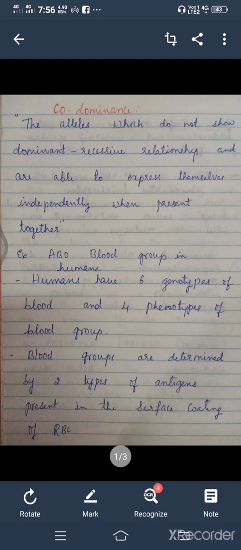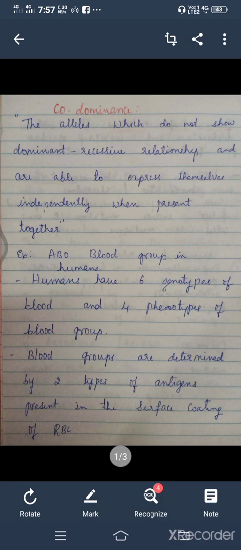Hello students, welcome back to the next part of genetics, that is codominance. In the last class we studied incomplete dominance, which had some deviation from Mendel's law. It was not following the exact rule of Mendel's law, that is the dominant recessive relationship. Now the other thing is codominance. This also doesn't follow exactly Mendel's law of inheritance, where we say that the dominant always expresses itself when there is a recessive condition.